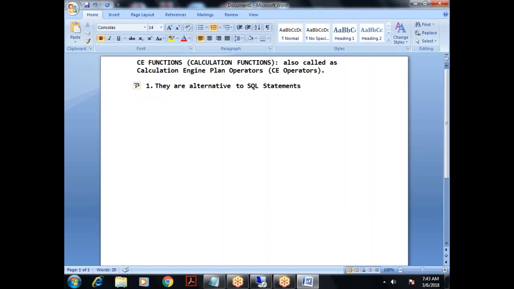internally HANA uses an engine called the SQL engine. Try to understand, whenever we execute a select query, internally HANA uses the SQL engine. The thumb rule is SQL statements are executed inside the SQL engine. So what SAP has done is, for frequently used SQL statements, they have designed some special functions